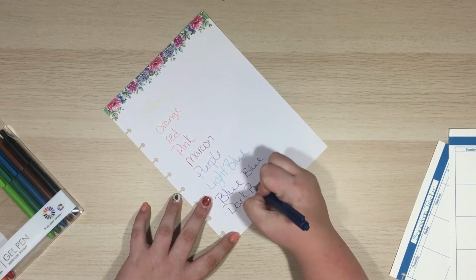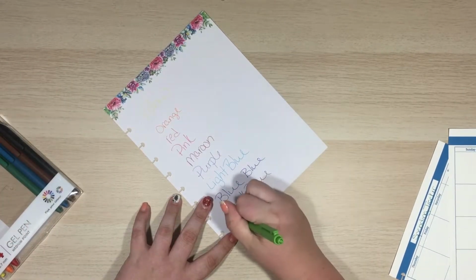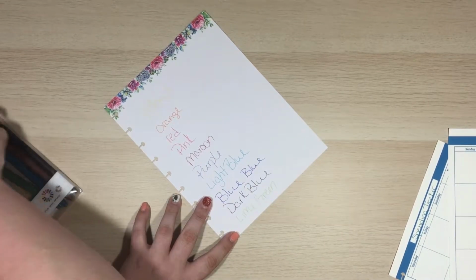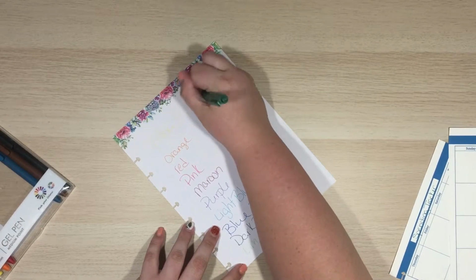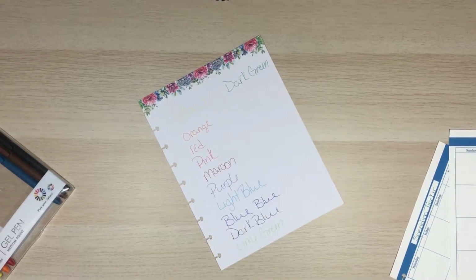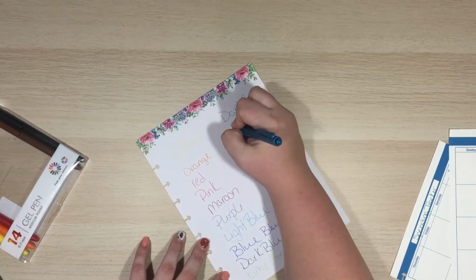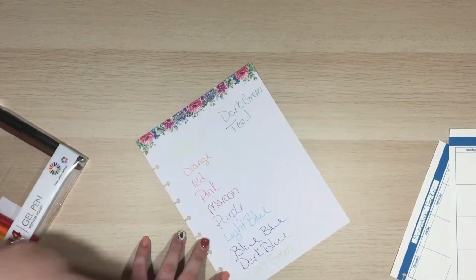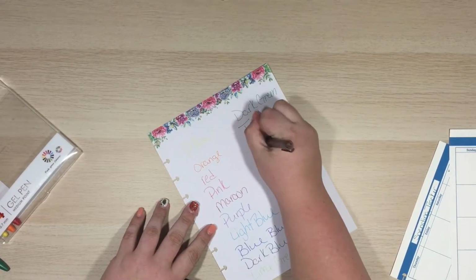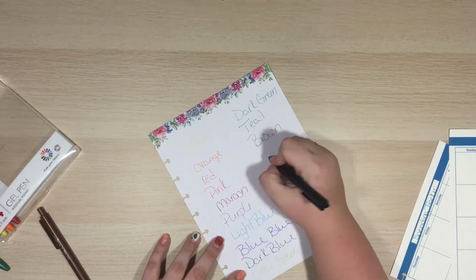We've got dark blue. We've got lime green. Ooh, I like that one. They're gonna hate me at work when I take all these in there and I'm like, let's color code things, which is also kind of what I'm thinking. If I throw these in my bag, then I could actually color code my spending on my spending tracker, which is what may happen. Got teal, brown. I'm actually kind of impressed by that brown. And classic